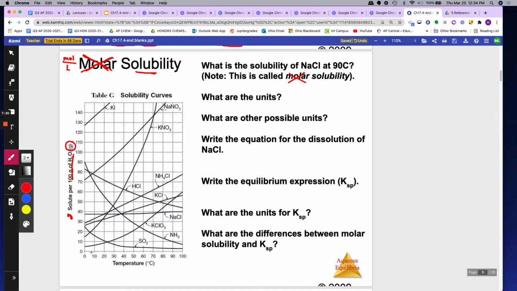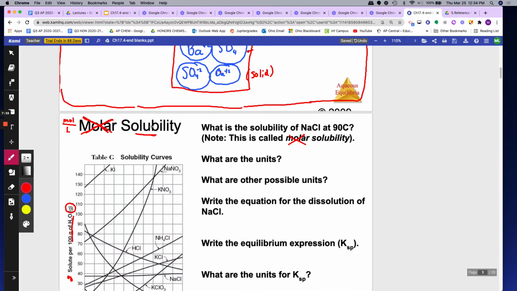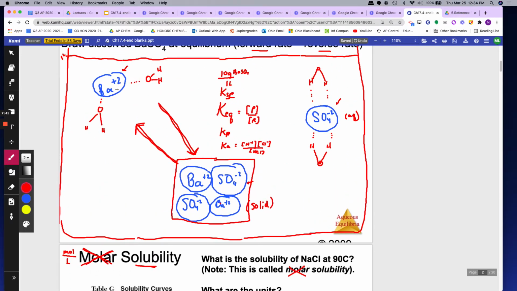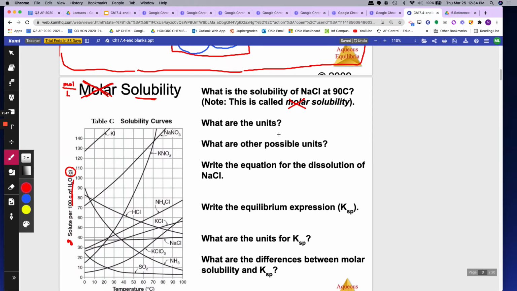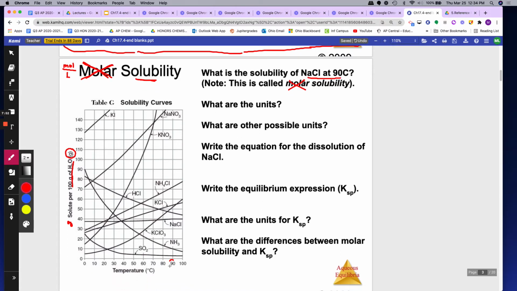And this is temperature. As temperature changes, of course, you're changing the solubility, because energy could change how the water is attracted to the ions and how they split apart. So first, what is the solubility of NaCl at 90 degrees? To read this, you go to 90 degrees right here. You go to NaCl, which is right here. You go up, and you go over to 40. So the solubility of NaCl at 90 degrees is 40 grams